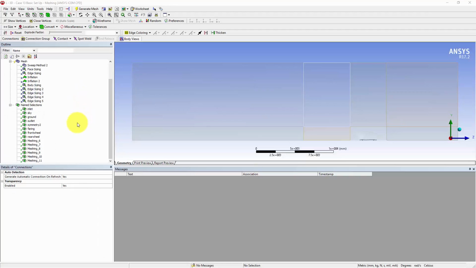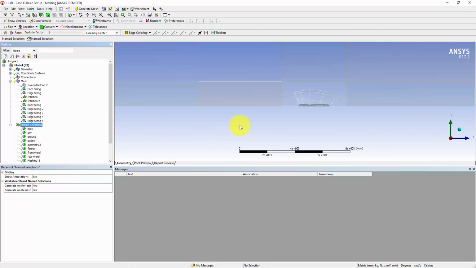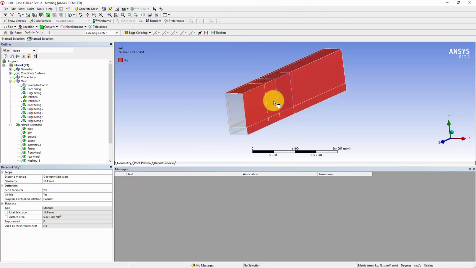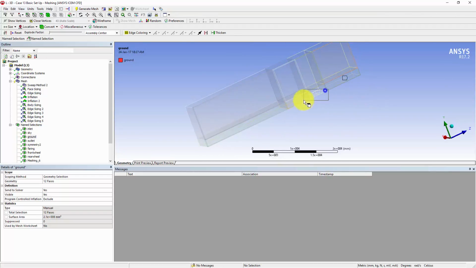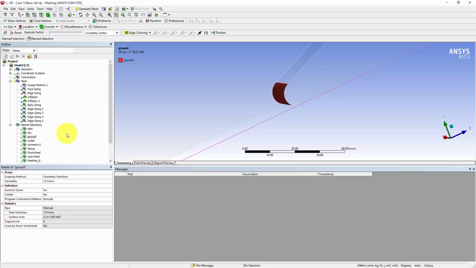With the mesh open, we'll have to make a few changes. First, delete any connections that may be created due to the body of influence and the outer domains. Then go through and fix up the name selections. Because we have extra faces, not all the name selections will be correct. So make sure we've got an inlet, a sky that goes from the top to the side surface of the outer domain, the ground, which also encompasses the fillet that we created, an outlet,